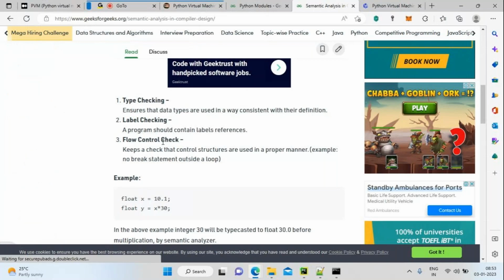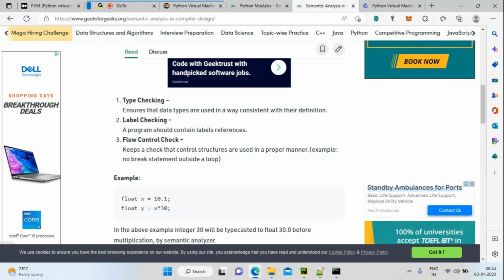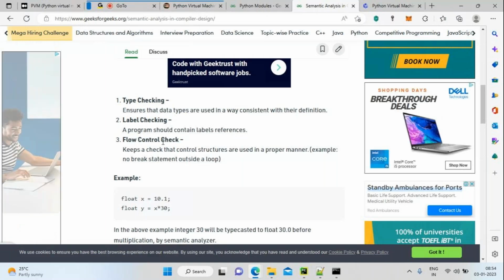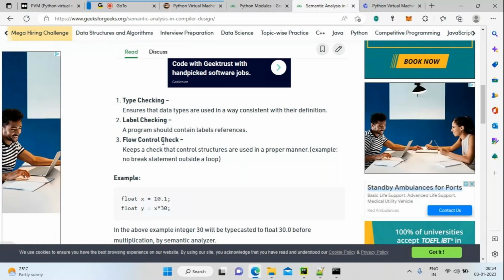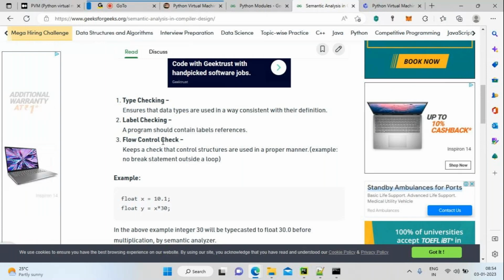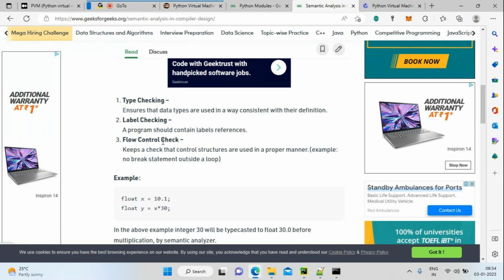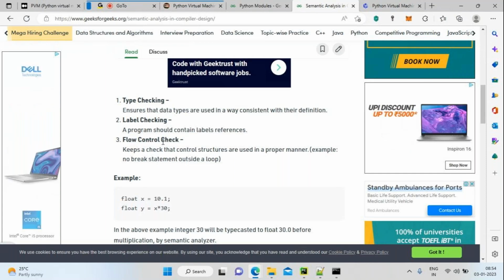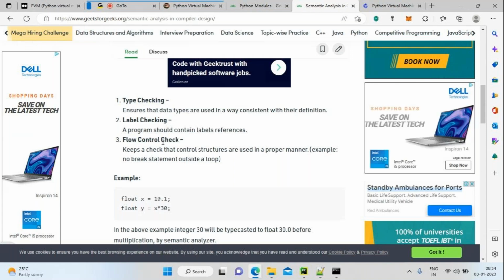Third thing is flow control check. Flow control check is nothing but using for loops, if statements, while loops, and do while loops. I'm using one while loop. In the while loop, I have to use a break statement.